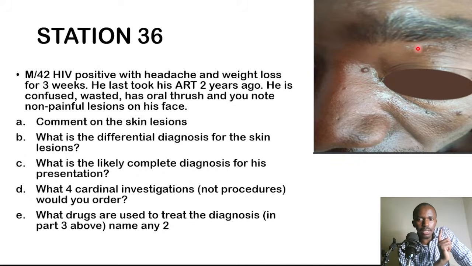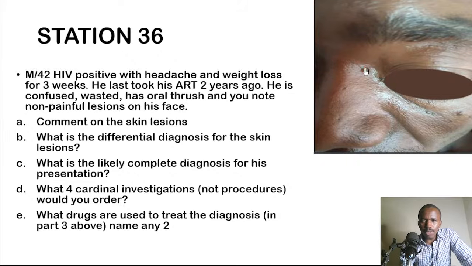Comment on the skin lesions. What is the differential diagnosis of the skin lesion? What is likely the complete diagnosis for his presentation? What 4 cardinal investigations, not procedures, would you order? What drugs are used to treat the diagnosis in part 3 above? Name any 2. So now, if you zoom in closely into this image,